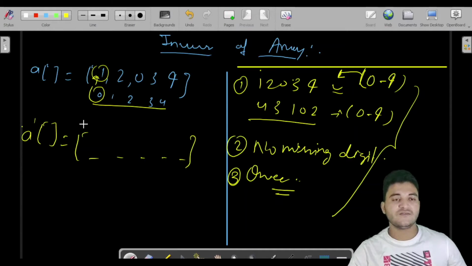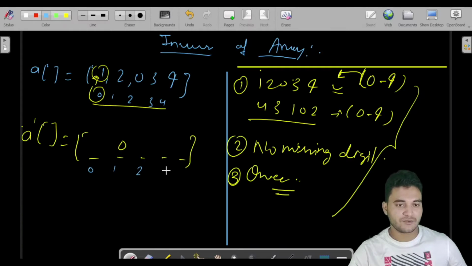In the inverse of the array, we would have 0 on the first index. So indexes for this are 0, 1, 2, 3, 4. Let me explain once more. Here we have 1 at index 0, and inside the inverse of the array, we will have 0 at the first index. We are swapping these values, like the face value with the index.